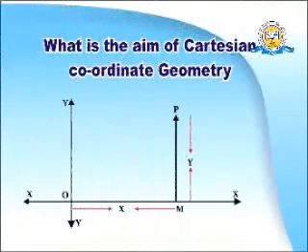Now let there be a little mathematics for brilliant students to come up. The students who want to build their career in future like a fine scientist, or a very fine engineer, or a very nice person in the field of education, in the field of science. Now see, we know what is coordinate geometry. First of all, what is the aim of coordinate geometry? The aim is certainly to locate the point.